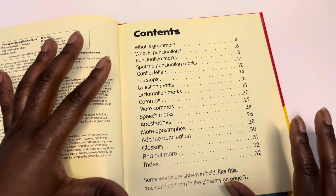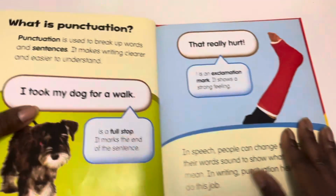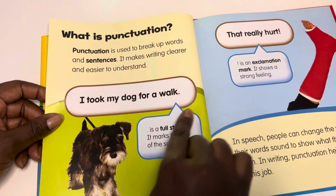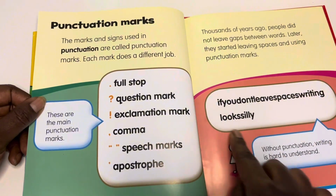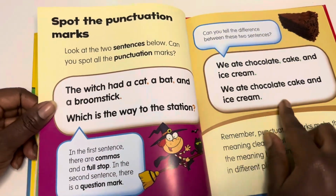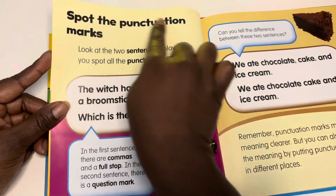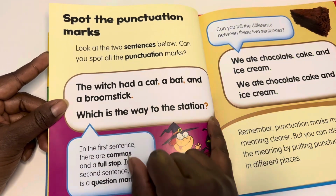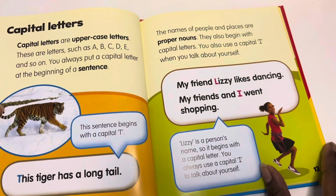It's going to be very to the point, with easy examples and simple demonstrations of what they're describing, which they use these big bubbles for. Whenever you see these big bubbles, this is where it's demonstrating what it's talking about, and it's really clearly laid out, really bold. When they are given exercises like this one, spot the punctuation marks, the punctuation marks are coloured, so it's easier for a young child to spot, because they're at the stage where they're just learning about these